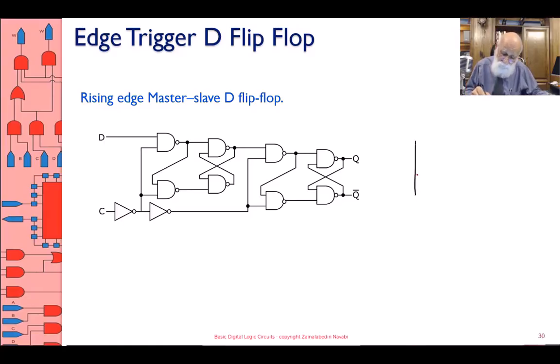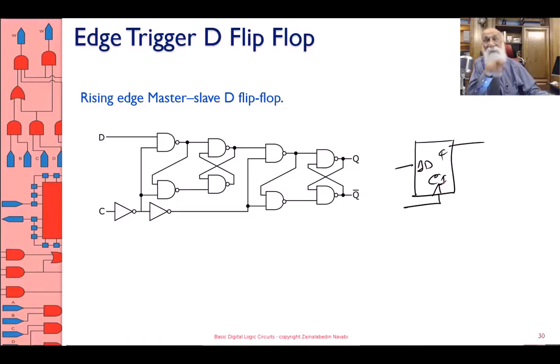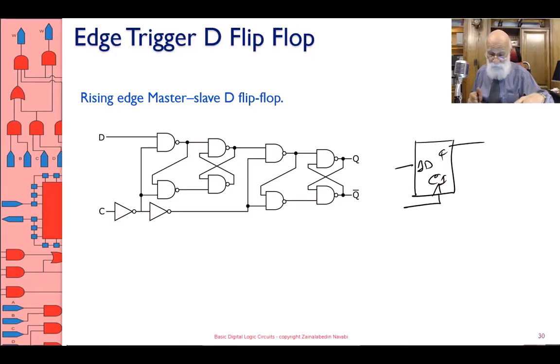Once again, a lot of times, even though this is not true edge trigger, because this is a very nice symbol, the symbol they use is the same as edge trigger. But when they say master slave, it means that it's not edge trigger. Let's analyze this circuit. So let's start with C0,